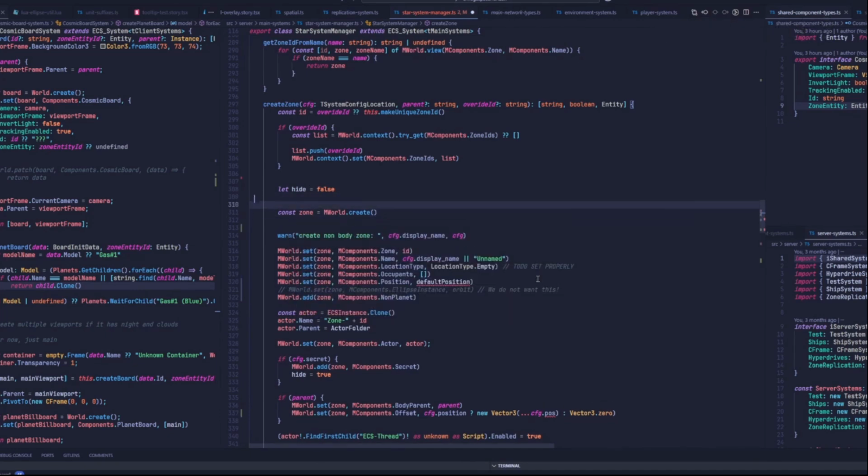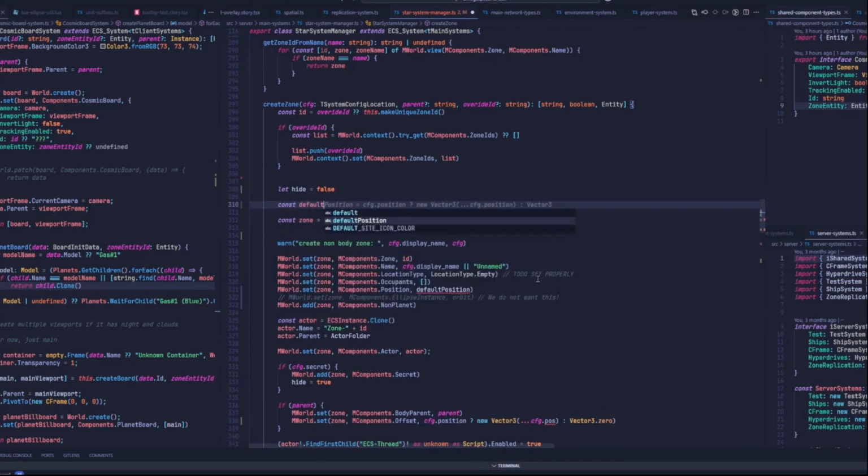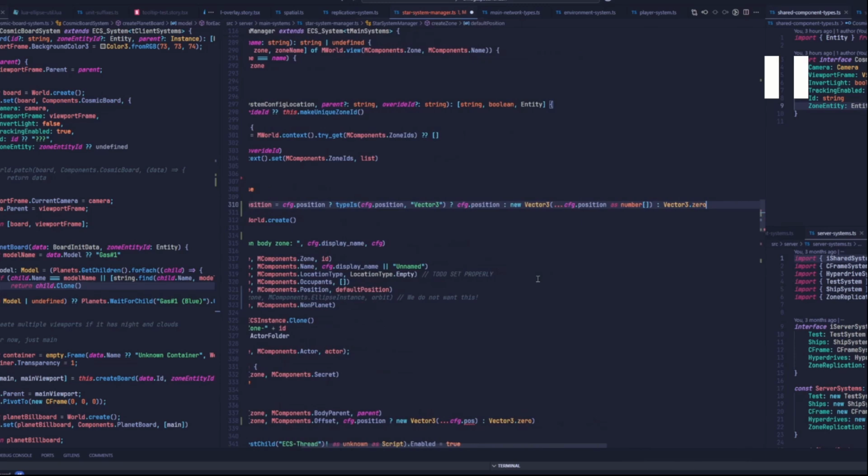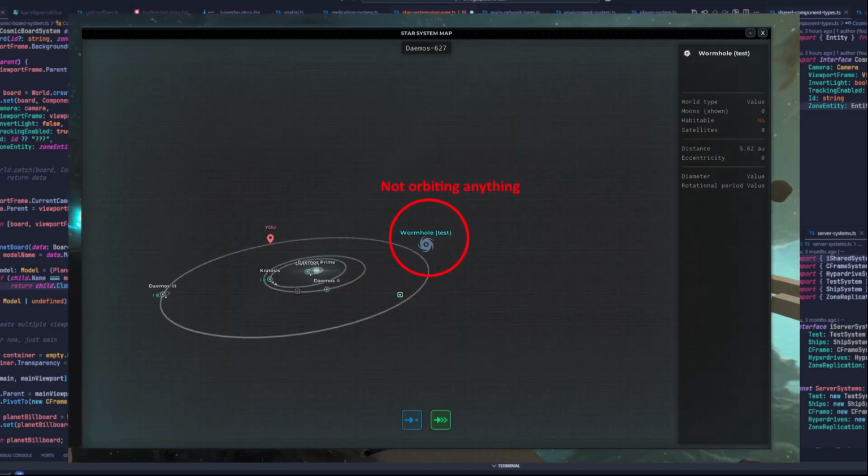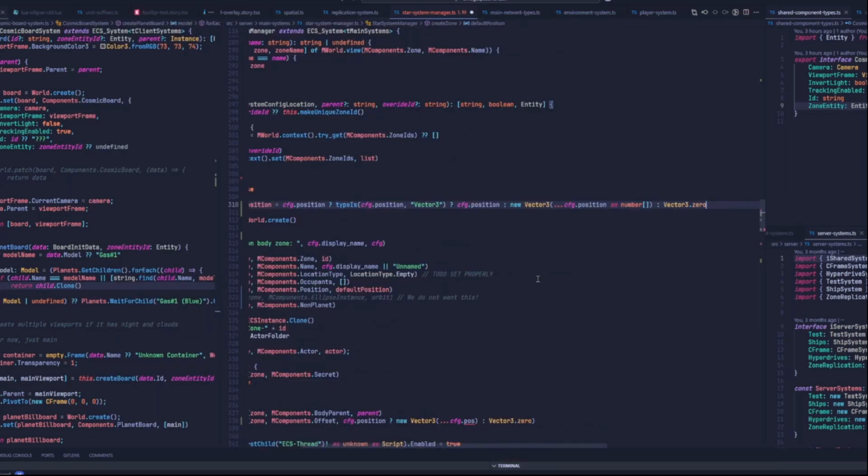Then I go up top here and I'm going to realize, okay, we've got to set the default position. Another issue I had was I realized there are freestanding locations. You can have a space station not orbiting a planet, in the middle of nowhere. I might put up a visual for that in a second. Or you can just have a wormhole or something, right? And these just have a position, not an offset,